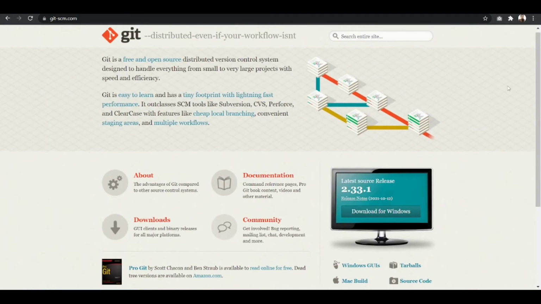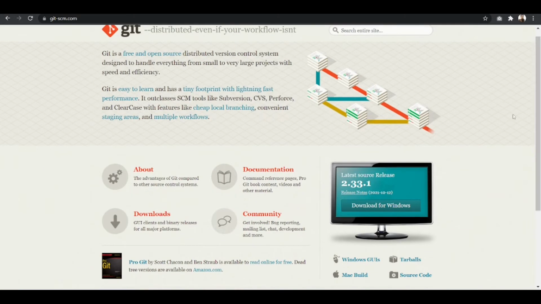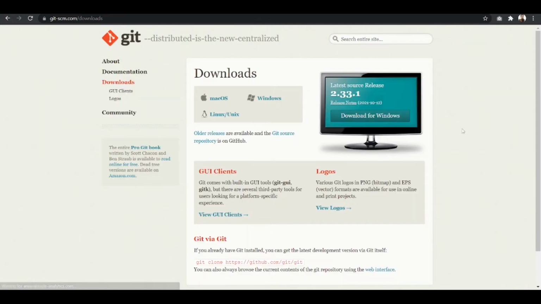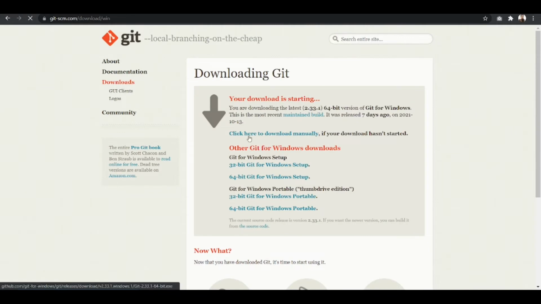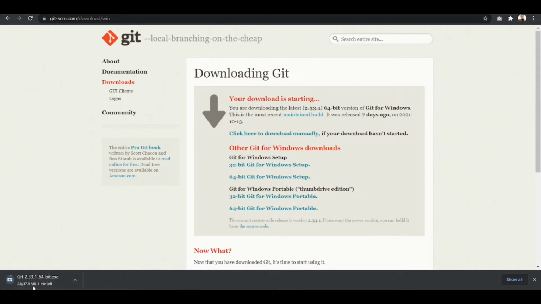Once you visit this website, you can download the latest release of Git by clicking download for Windows, or you can click the downloads option over here, and it will redirect to this page where you can select the system, that is Windows, Mac OS, Linux, etc. After selecting, you can download the latest release of Git. Just click on this button, download for Windows or Linux or whatever your system may be, and your download will start.